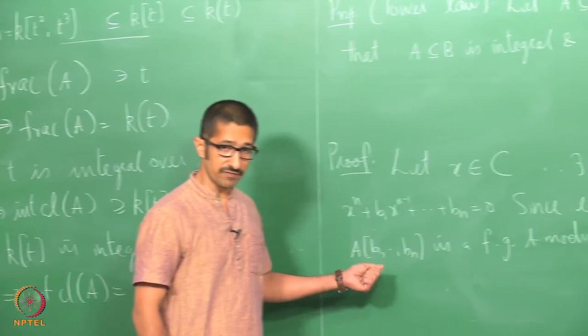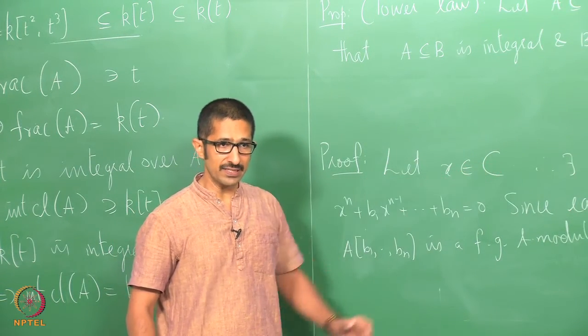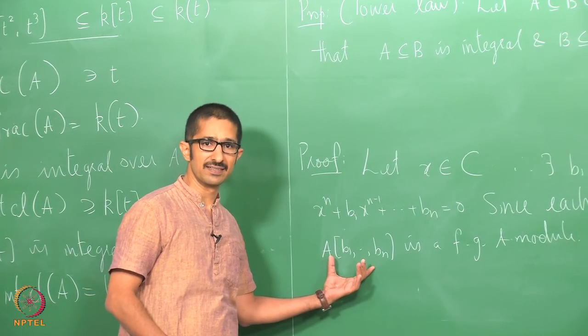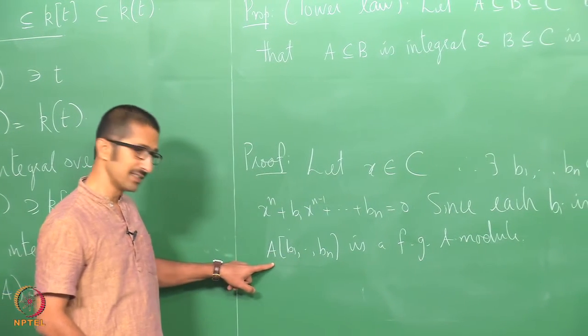Now, we know that x is integral over B, but you do not need the whole of B, we only need this ring. x is integral over this ring,